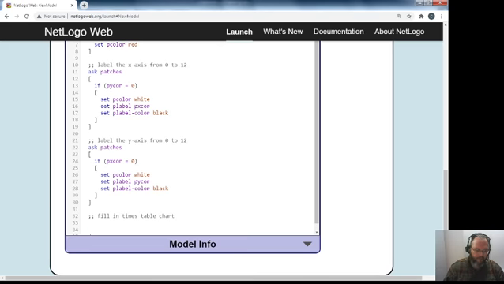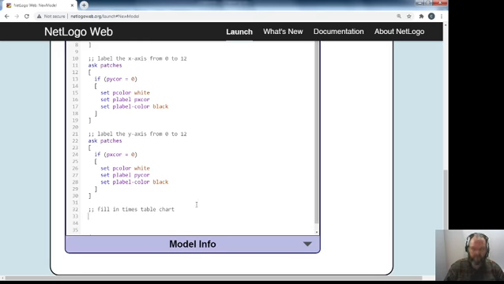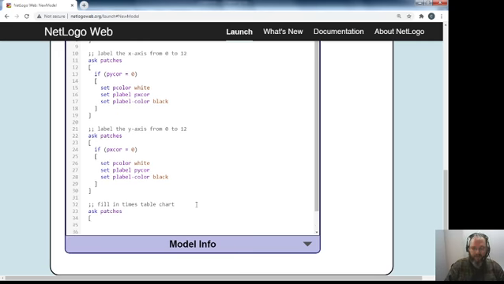Alright, so this is a little bit different, but we're just about done with what we're working on here. So I'm going to have to move my little bar down here so you can see what I'm going to do next. So I'm going to say ask patches, and if I'm asking the patches to do something, I need to have a starting square bracket, hit enter a couple times, and an ending square bracket. And I'm going to ask it a question again, and this is going to be a little bit different. I'm going to say if, start my parentheses, your py coordinate, if your y coordinate